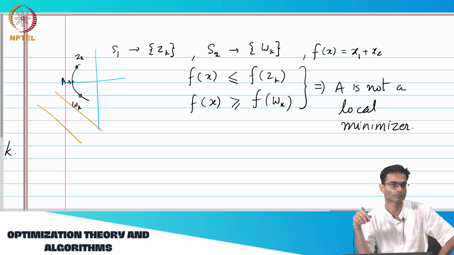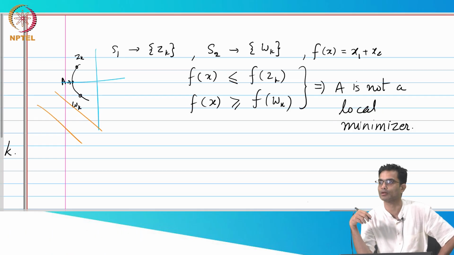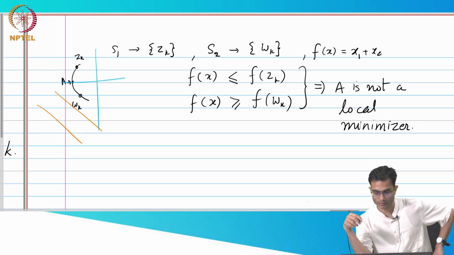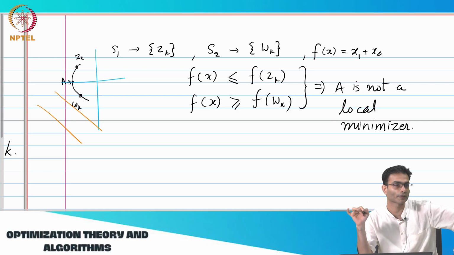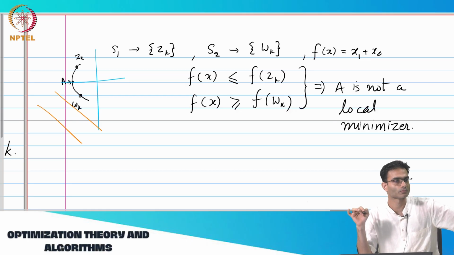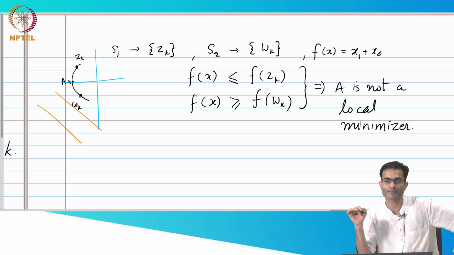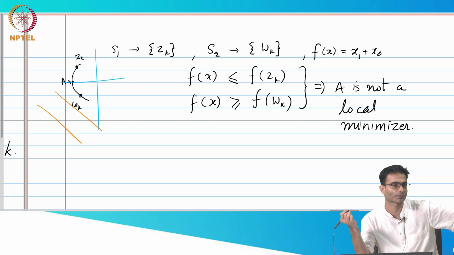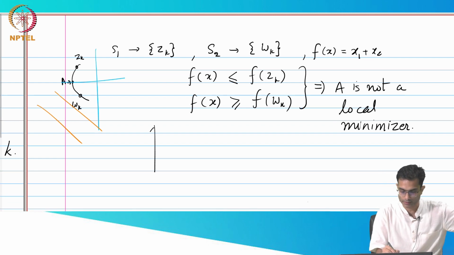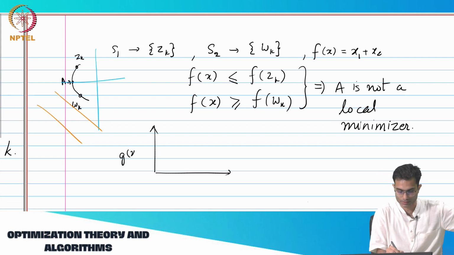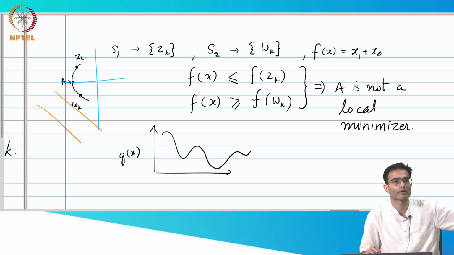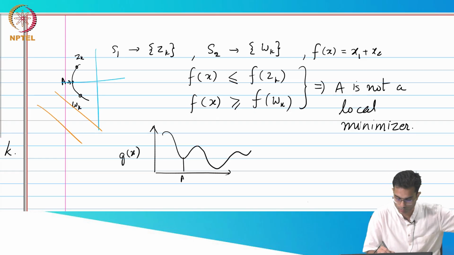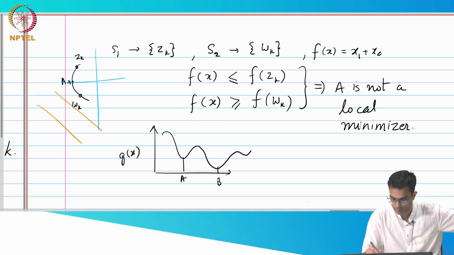That's quite straightforward, and it's a non-calculus way of arriving at a local minimizer. Remember, this signature will only work for a local minima. Will it give us a global minima also? For convex functions, there is only one minima, so there is no question. But in general, let's take another example, this is my g of x, which looks like this. Supposing I take 3 points A, B, C,